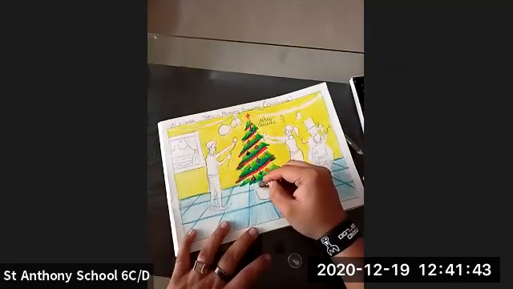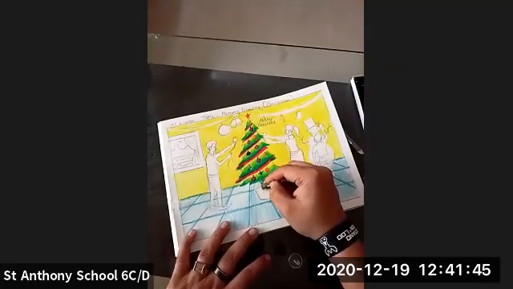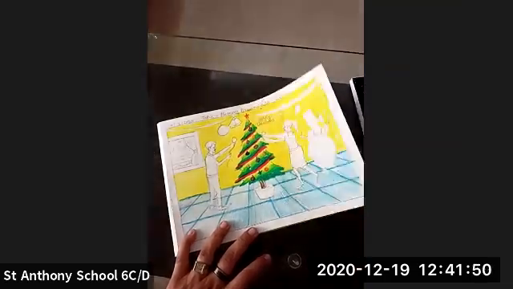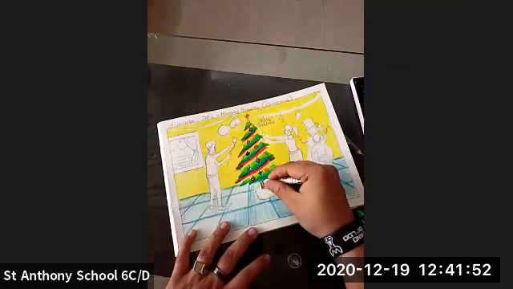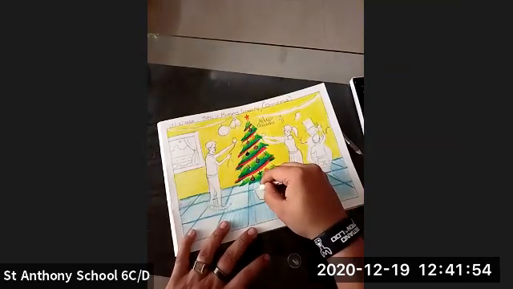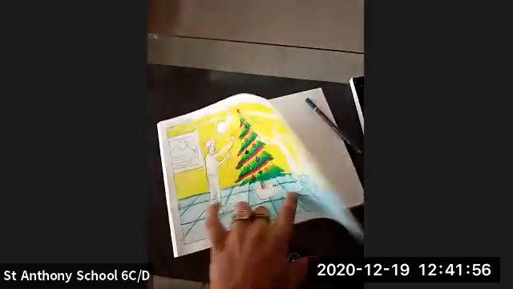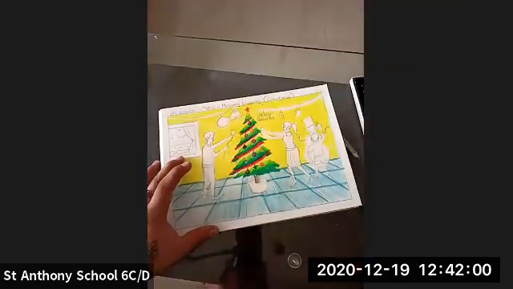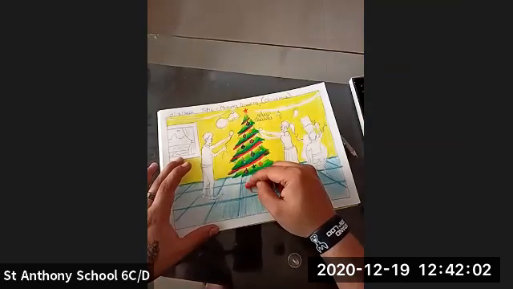Now I'm going to apply the brown color, and then in this I'm going to add some white and give the proper shade. So this is how you're going to do it, and then I'm going to color the pot with red.